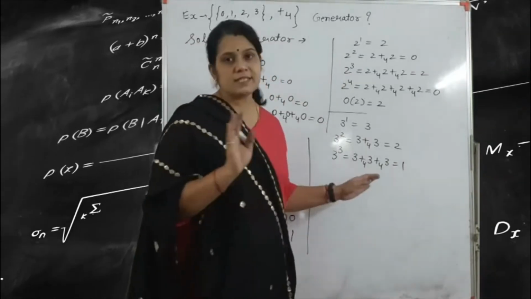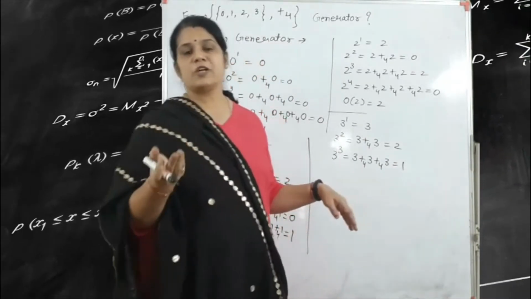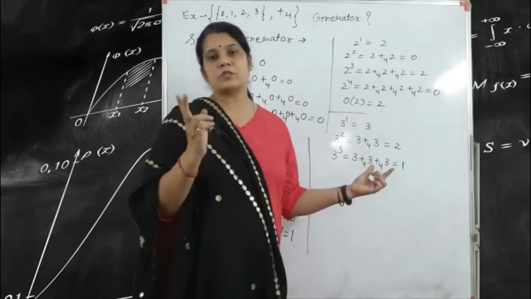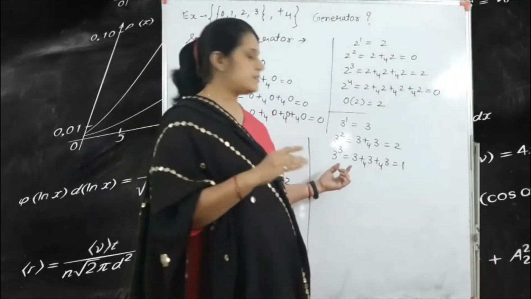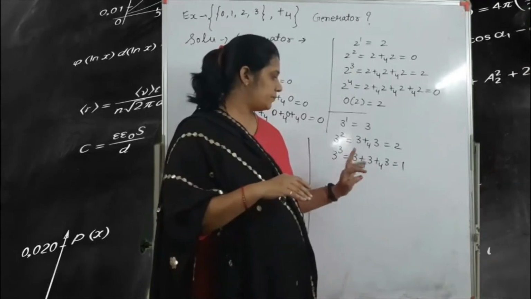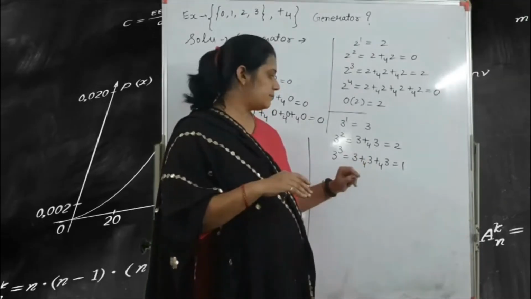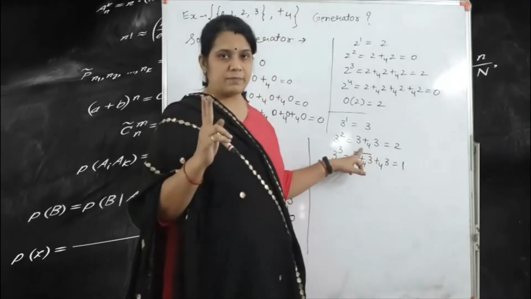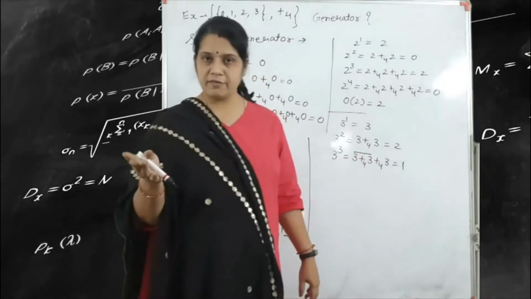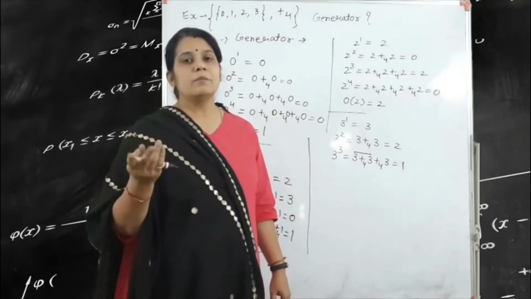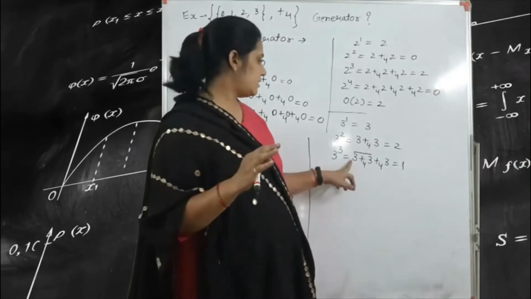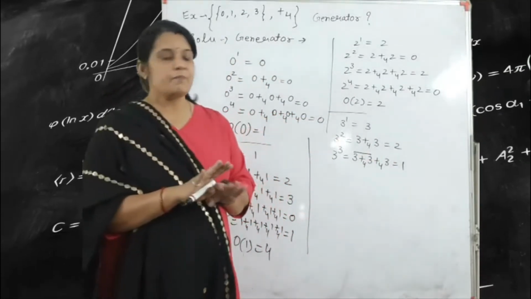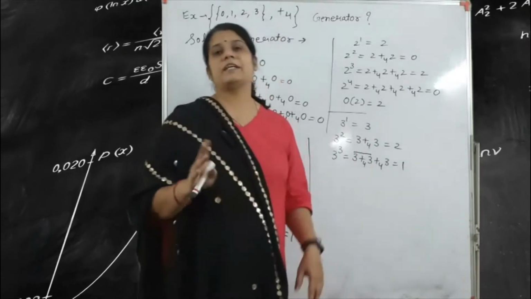This is a very easy process for using the addition modulo and multiplication modulo. But in case you have any confusion, use only two terms at a time and then find the final solution. That means 3 plus 3 is 6, 6 divided by 4, the remainder is 2. According to this term, we have the two numbers: 2 plus 3 is 5, divided by 4, the remainder is 1. Both methods are correct, but I think this method is very easy. We add all these terms at one time, and after that we divide by 4.